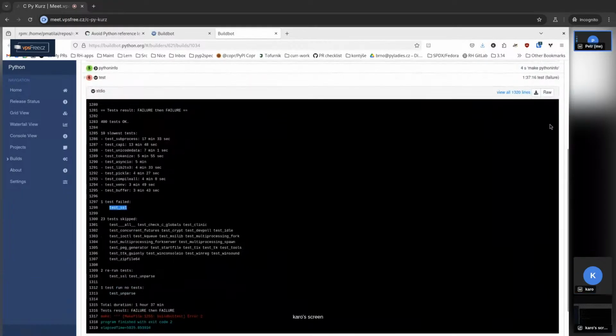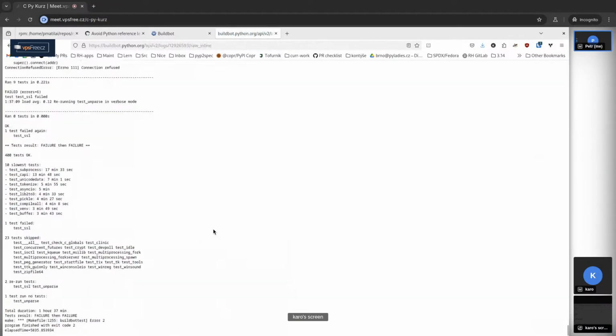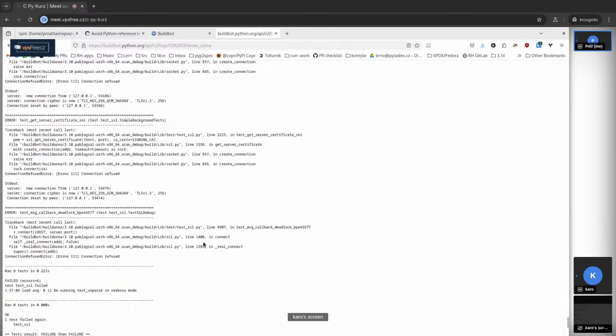So the actual problem here, you can click the raw button if you want the whole and the entire logs, but the actual problem here is that this buildbot runs Arch Linux, and Arch Linux includes a very fresh version of OpenSSL,